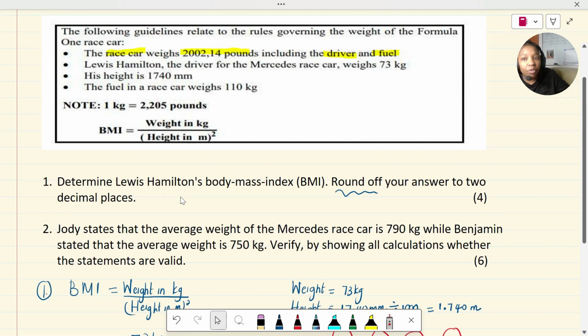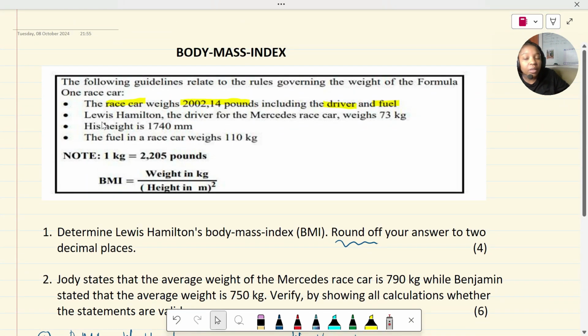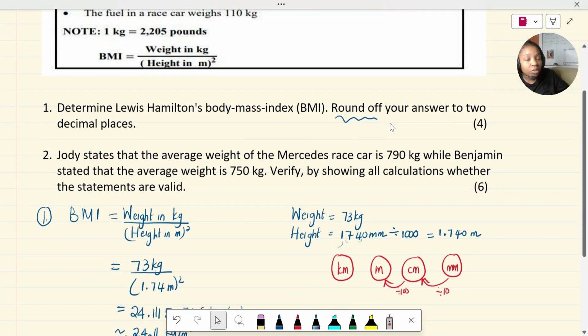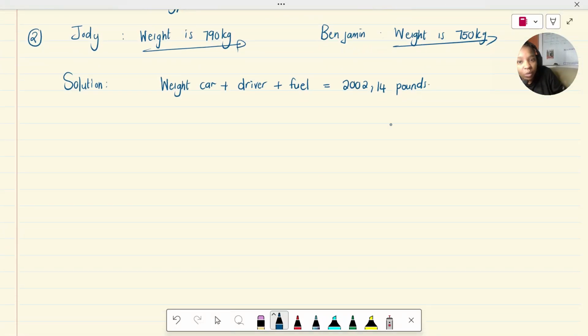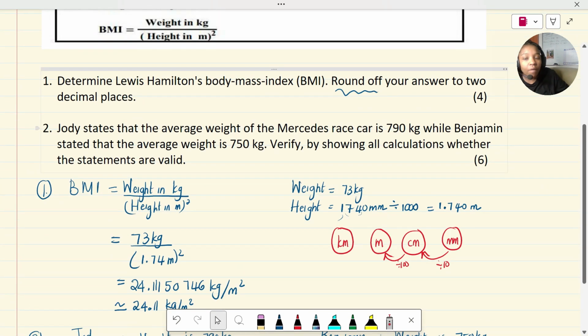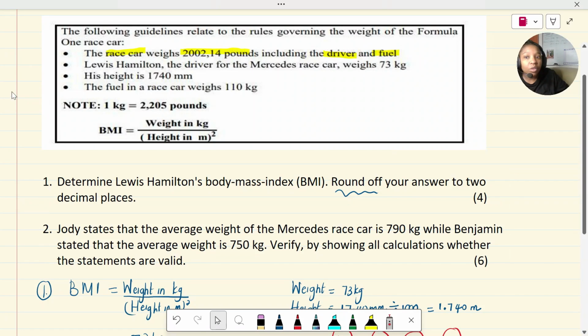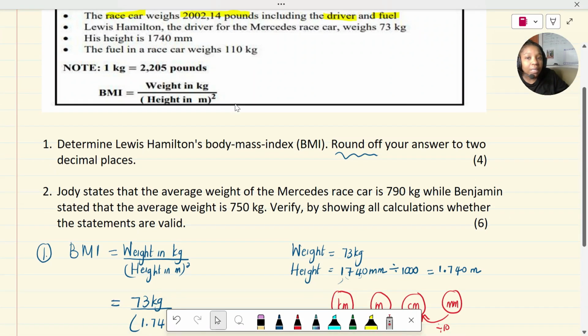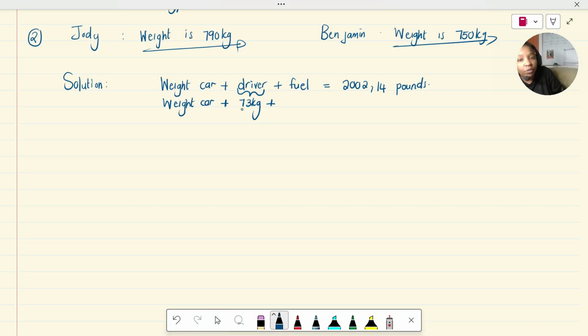And what is the other information given to us? We are told that the weight of the driver is 73 kilograms. So we're given the weight of the driver, but we don't know the weight of the car. Remember, that is what we're trying to figure out. Plus, we are also given the weight of the fuel. We are given that the fuel in a race car weighs 110 kilograms. So the fuel weighs 110 kilograms, and that is equal to